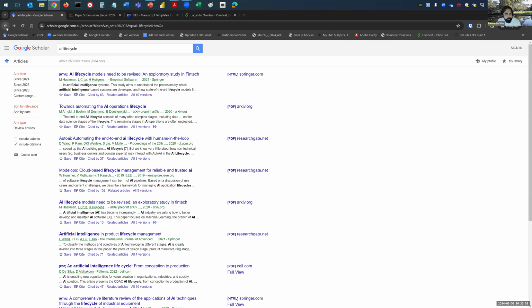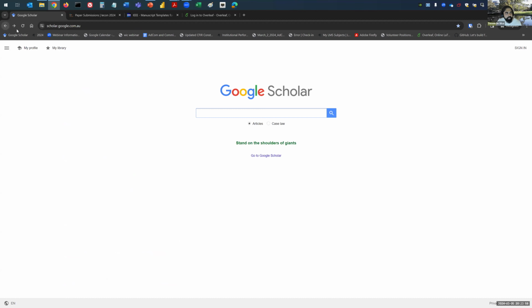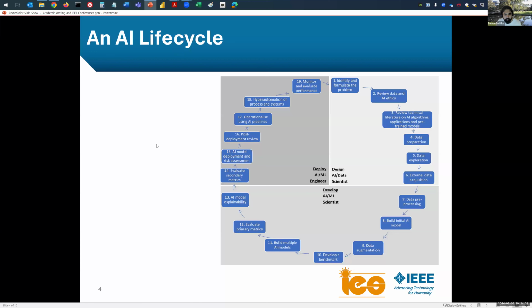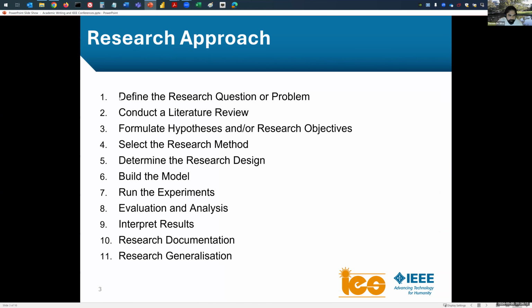One way of finding good research versus bad research, because Scholar has about 1 million research papers, or 1 billion, is to look for the number of citations. And it's not just me promoting this. Other people have also read this paper. That means they found it useful. And it's something you can use to understand all 11 steps, really, especially this number 6, building the model. All right.